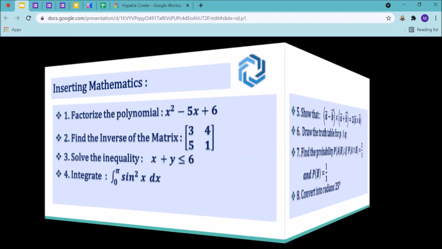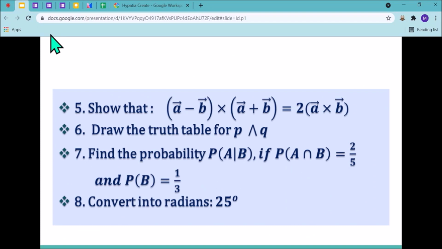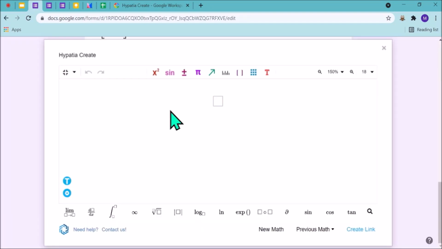Yes, let me just take one vector equation now. One more feature I want to show. Suppose I want to make a question of vectors in which there is difference of two vectors, sum of two vectors, and product or dot product of two vectors. So two vectors I want to duplicate again and again. There is one more feature I want to use.